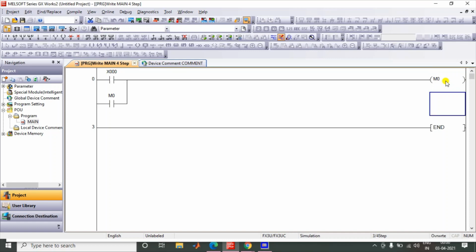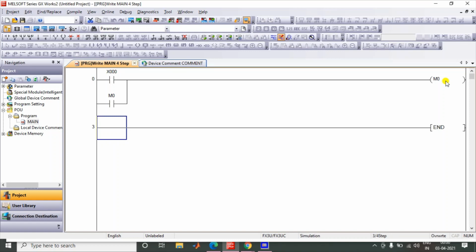After this step, I'm going to remember the second step. Under the second step, I'm releasing the push button, or you can say I stop pressing the push button.